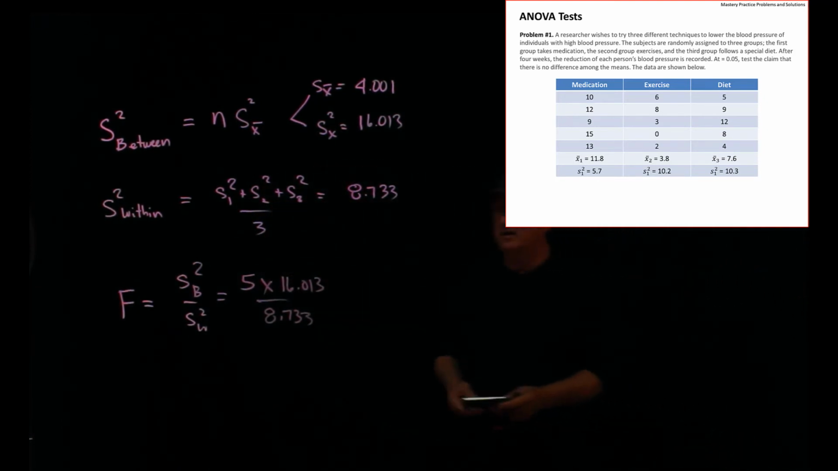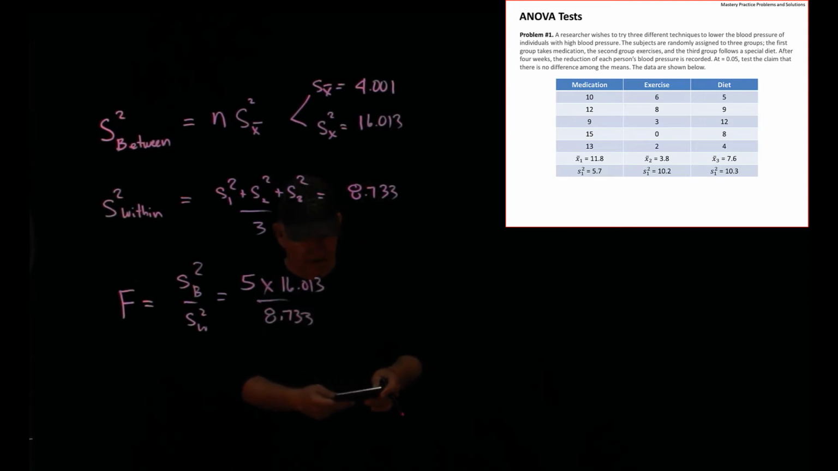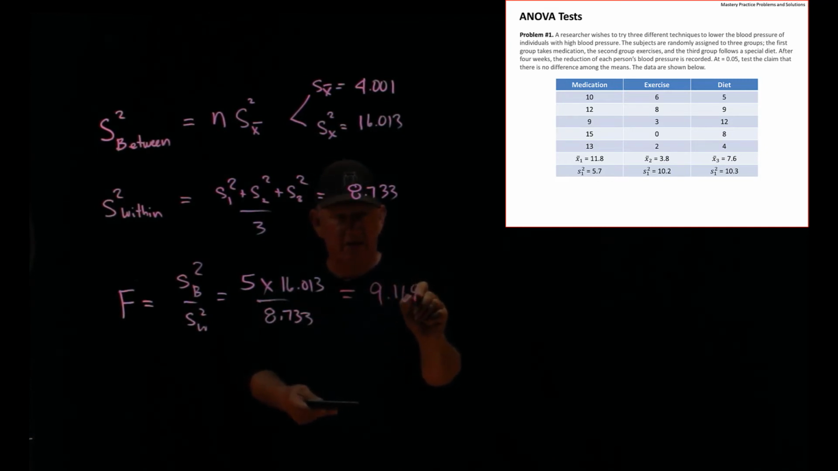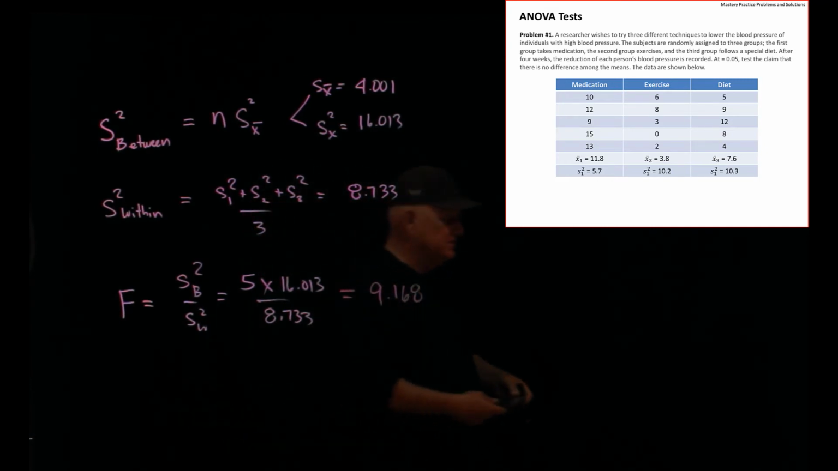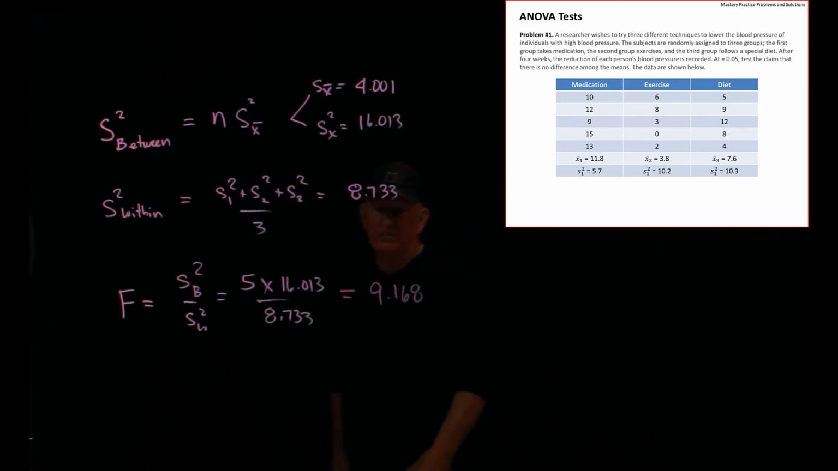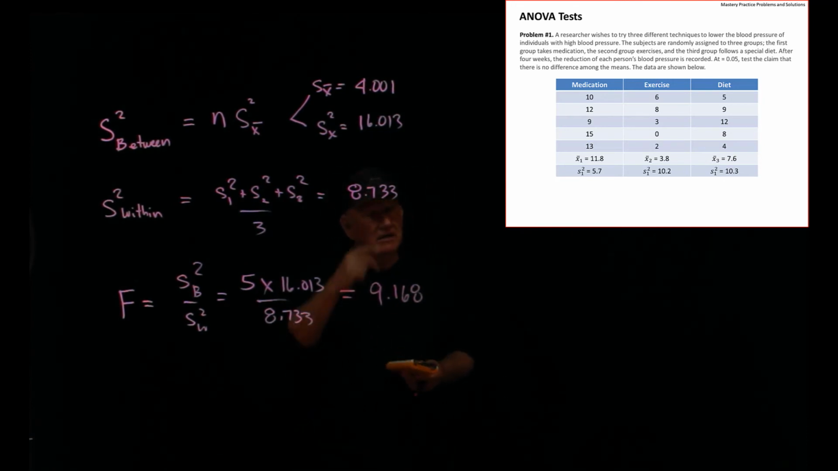I'm going to switch out calculators here, the one that I can actually use. 5 times 16.013, and now I'm going to divide that by 8.733, and I'm going to get 9.168. Now what do I do with that? That's the test statistic. I've got 2 choices. I can go find a critical value to compare that to, which is not so easy, necessarily. Well, it's not that difficult because we have an